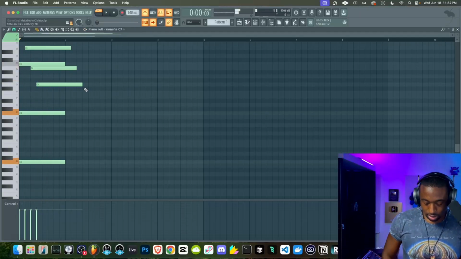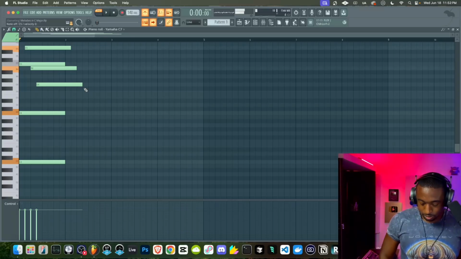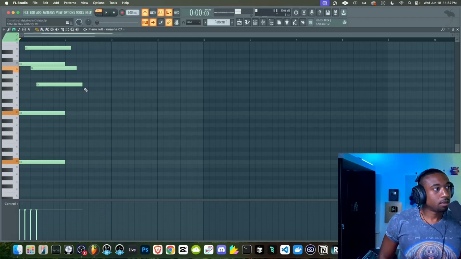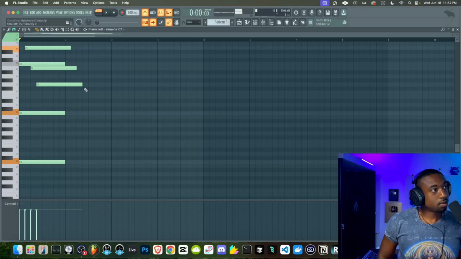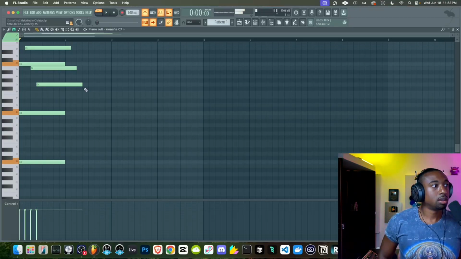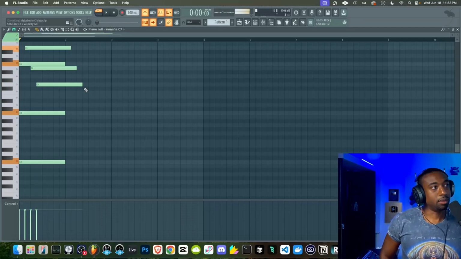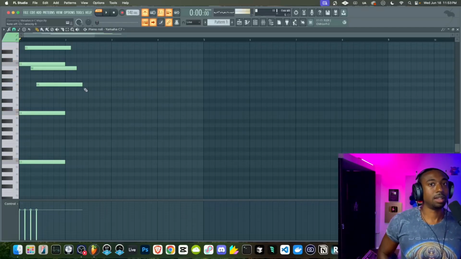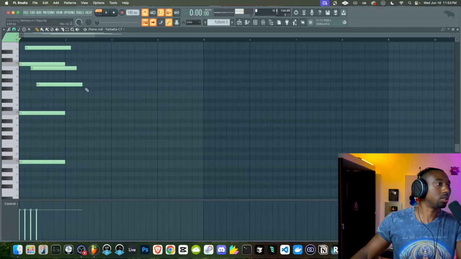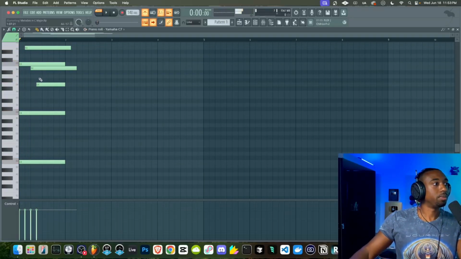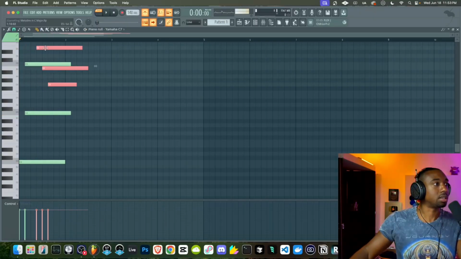So we have C. Okay, so we have that C. We're just playing the octaves here. We're playing the 3rd, and then to the 7th, and then back to the 5th. So the 5th is the end note here to resolve it because it wants to come back down to the tonic. So let's spread this out. Give this a little more rhythm here so it sounds longer.